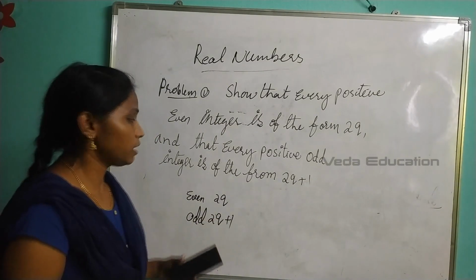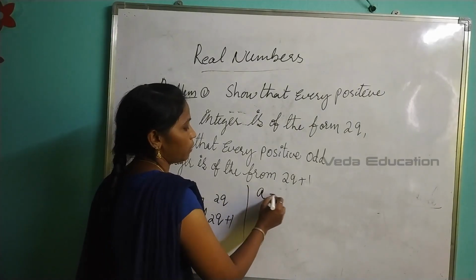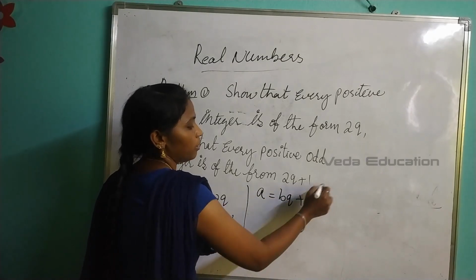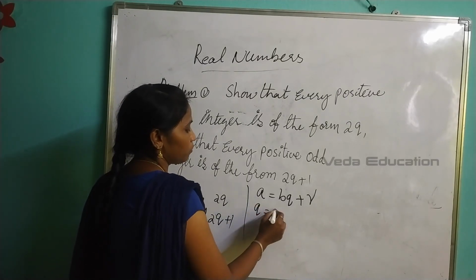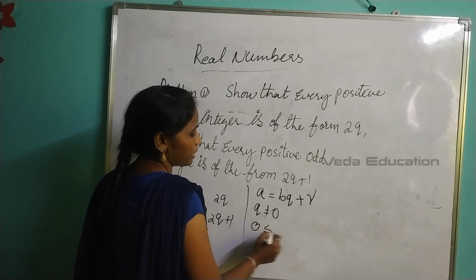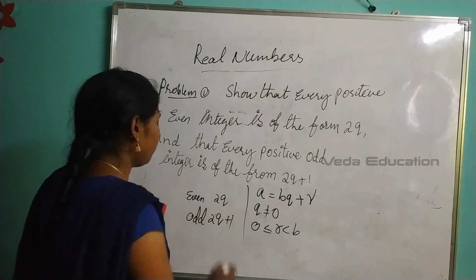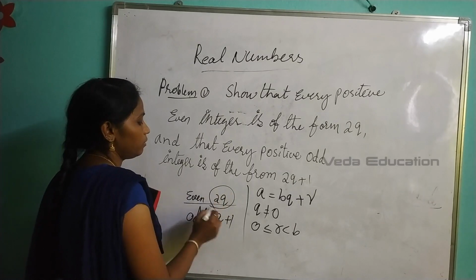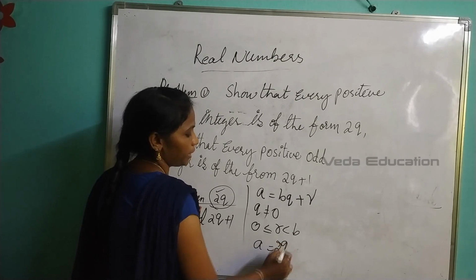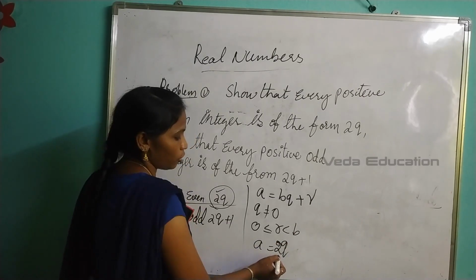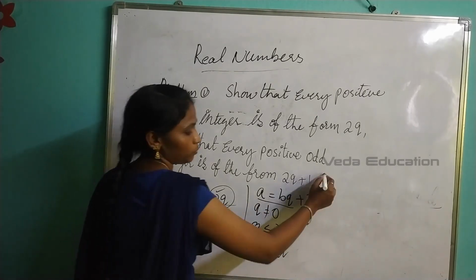So let us discuss by using Euclid's division lemma. See, what is our Euclid's division lemma formula? a equal to bq plus r. And what are the conditions here? Here conditions are b is not equal to 0 and r value should be less than b, that is 0 is less than or equal to r less than b. Okay. Now from given question, what is given? 2q. So let us consider this one as a, some integer, a equal to 2q. So is it in the form of Euclid's division lemma formula? Yes, of course. So b is 2.